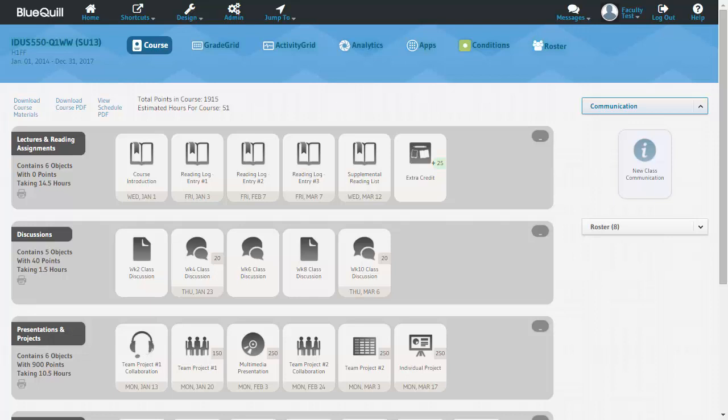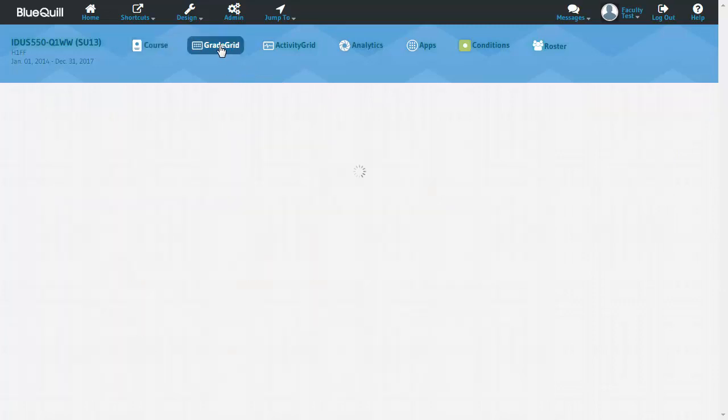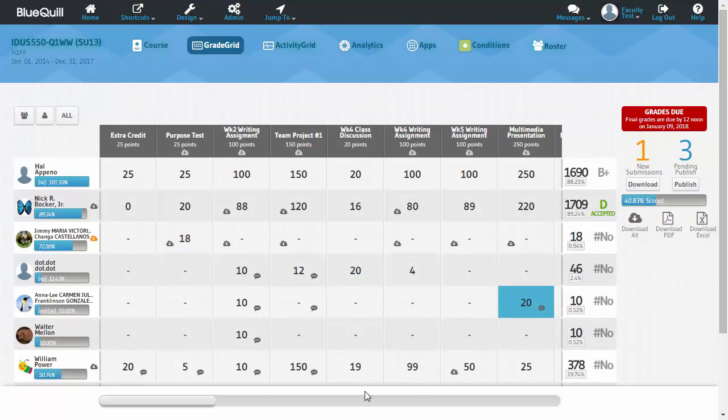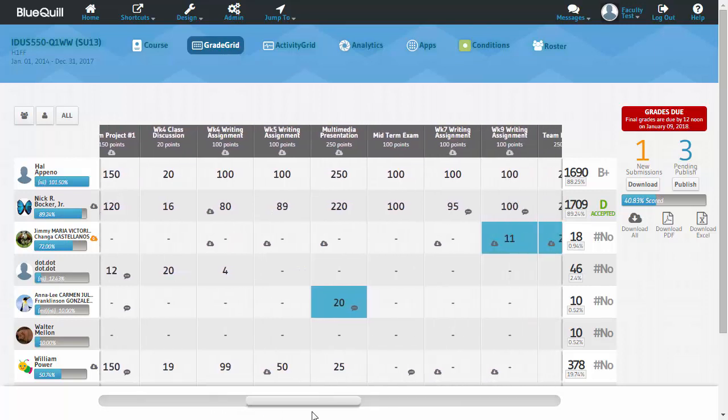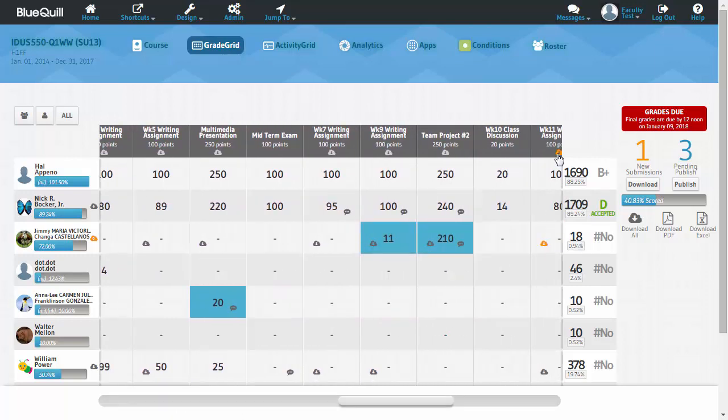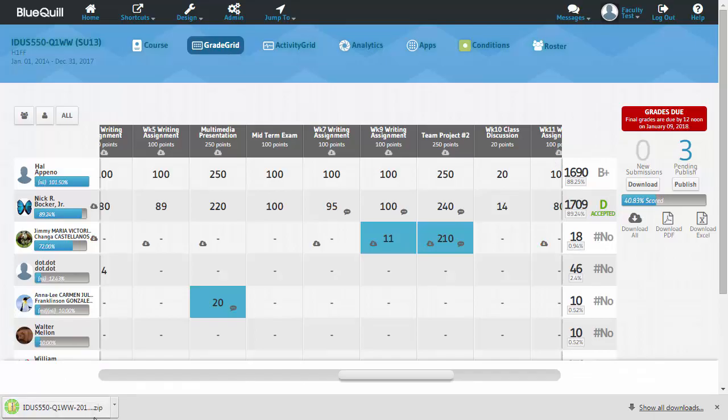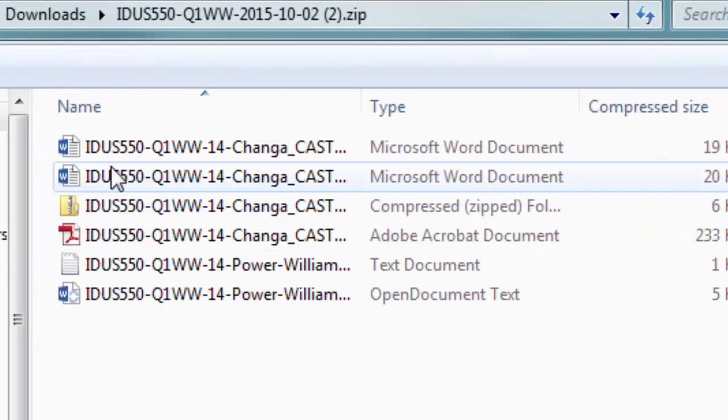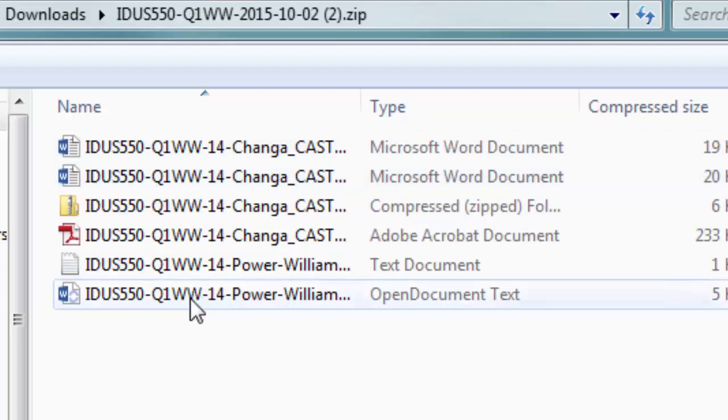We have made some key enhancements to BQ Docs based on feedback that we have received. First, when an instructor downloads assignments from the GradeGrid or Dropbox, the original unconverted file will be downloaded. So, if a student submits a Word document, a Word document will be downloaded. If the student submits a file created or edited in BQ Docs, then it will be in the ODT file